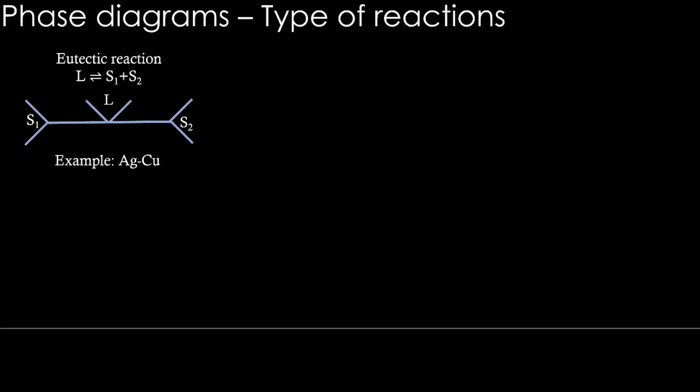When we say reactions, we said this horizontal line will be there. It's a pattern of a reaction in a phase diagram. This horizontal line is a pattern of a reaction in a binary phase diagram. So this one particular reaction we have already seen, eutectic reaction, where liquid gives two solids. An example is in a silver copper system.